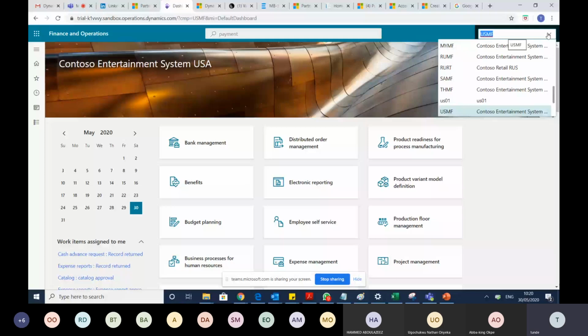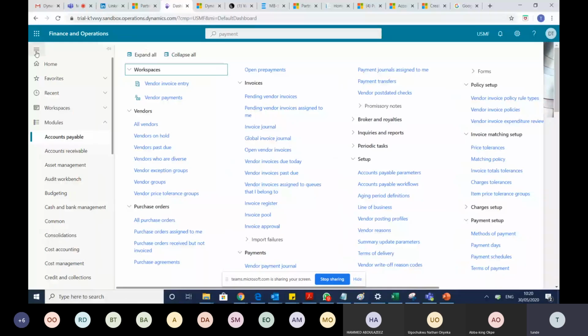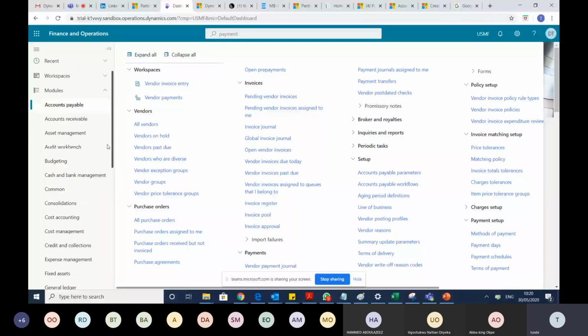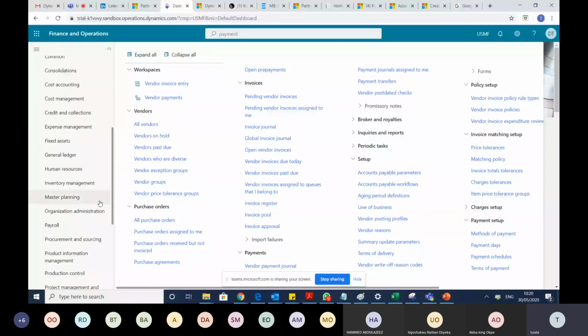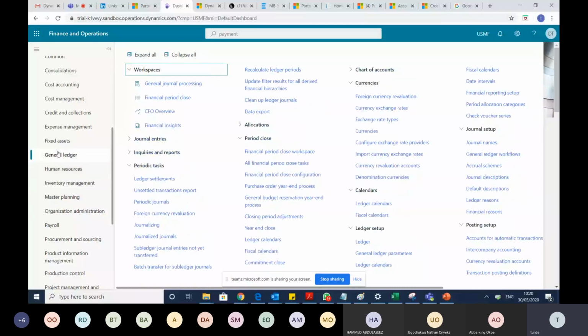USMF, okay? USMF is a legal entity. And USMF also has what you call a general ledger. Okay, a general ledger is where you do all your posting. Sub-ledgers are posted into here, and from there you can then run a trial balance, and you can do your reconciliation. So, for instance, AP to GL reconciliation could be done. It could be done for any module. Okay, so